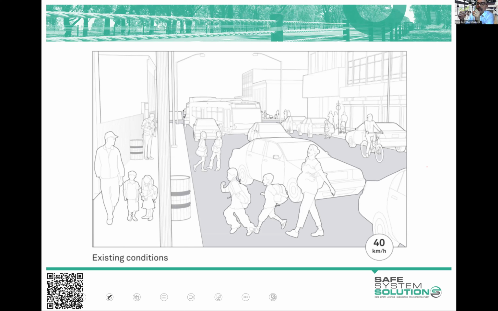I want you in the chat to type in things that you could change here that would make it more of a place for people, would make it better aligned with the safe system. And the little kicker here, I want you to tell me whether that influences exposure or likelihood or severity, or a combination? So think about, what do you think could change here? I'll give you a couple of minutes to do that. Pop it into the chat. I'm just going to have a look here and see if there's anything else that I need to deal with.